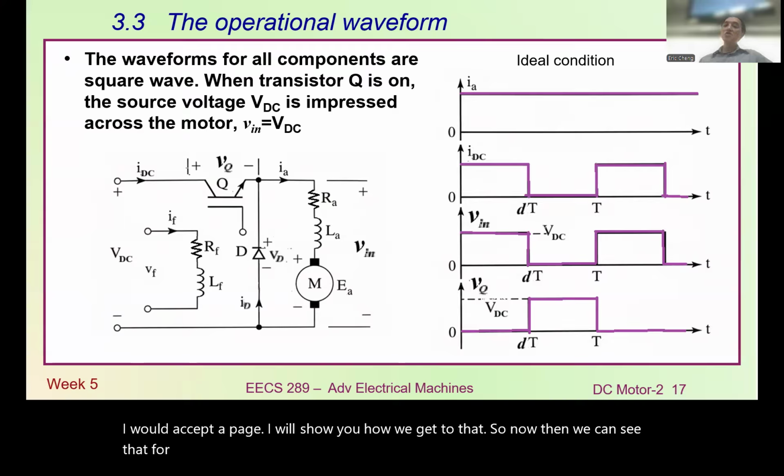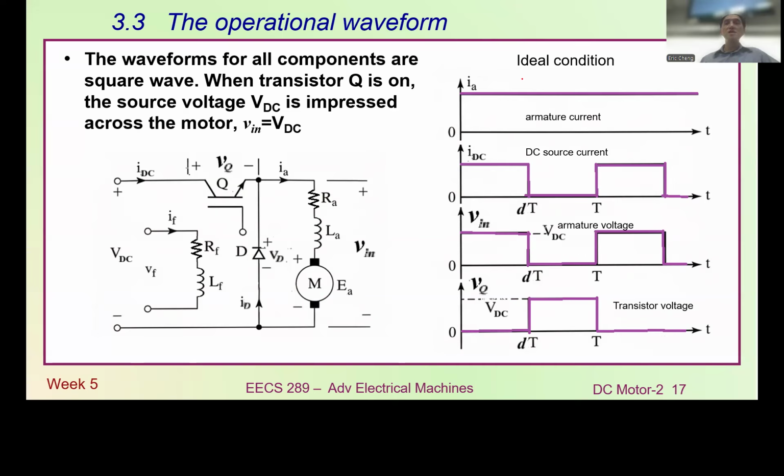Here, we're still assuming the armature current is still equal to a fixed linear DC current flowing continuously through the motor, even though we use high frequency switching. And then again, we have the DC current equal to this square wave, right? As we've done that. So this current will sometimes flow in here, sometimes flow through here. So that's why the transistor